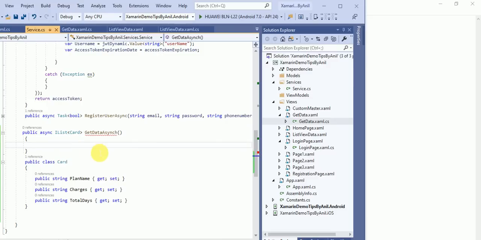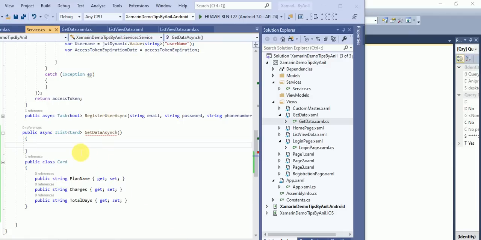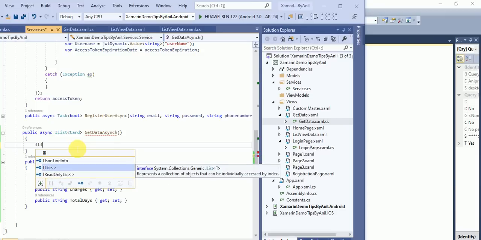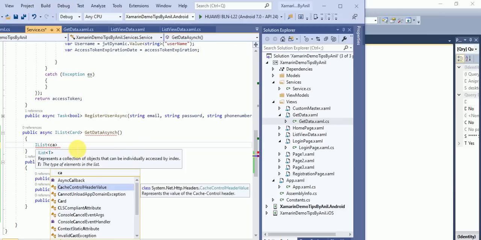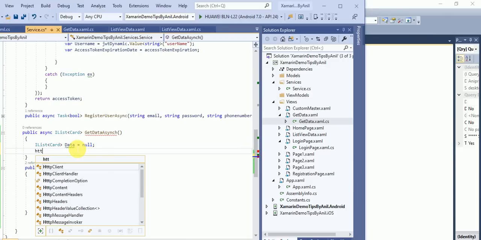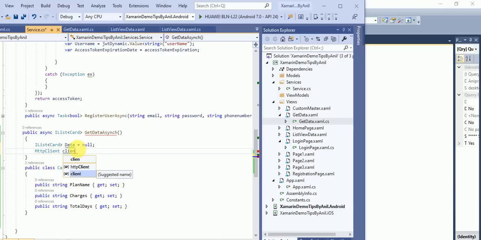Now I will call create HTTP client. I will create HTTP client equals new HttpClient. The same thing I will pass in the HTTP client.